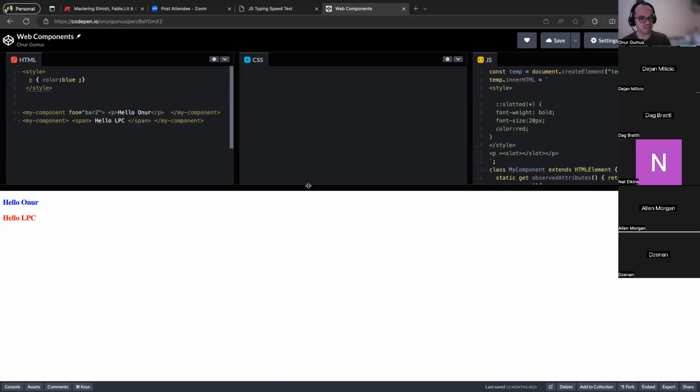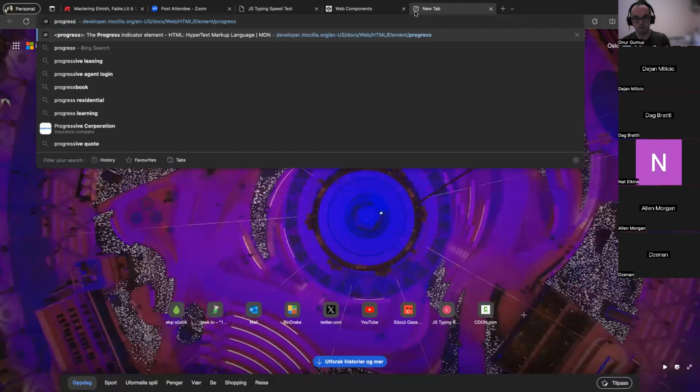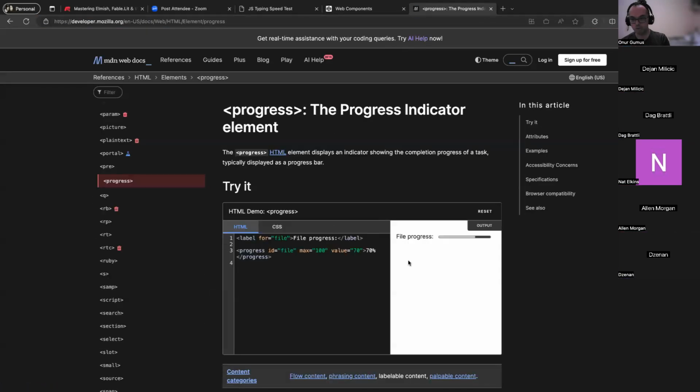I have never seen a single job ad asking for a web component developer. But it is becoming more and more common. Recently, Microsoft Store just moved to web components. Adobe Photoshop, I think they just made their online application based on web components. The web component is something a little more agnostic. And probably the best way to demonstrate, before even going into this, is let me just show you this progress